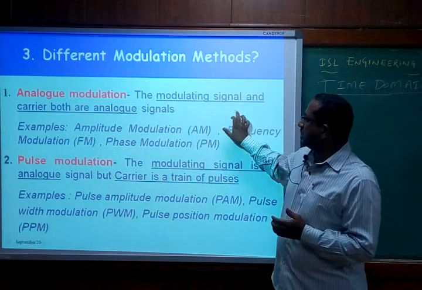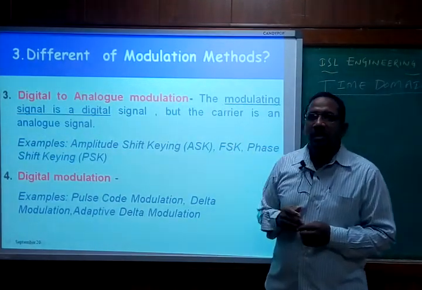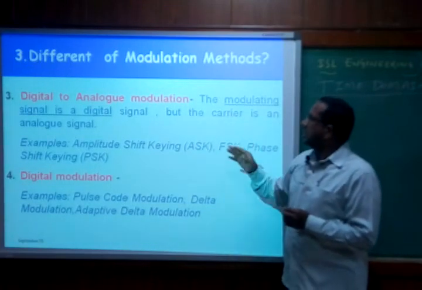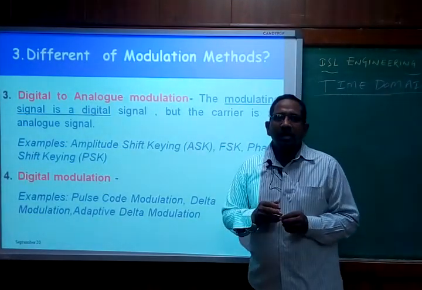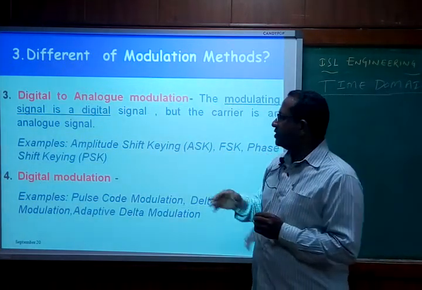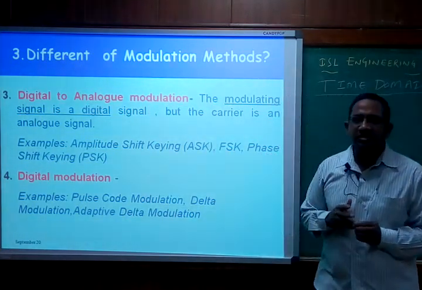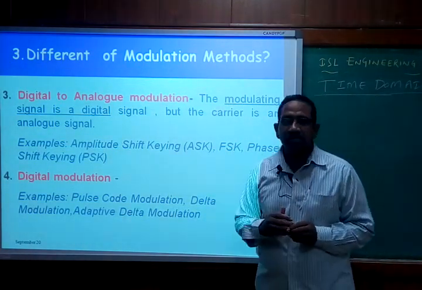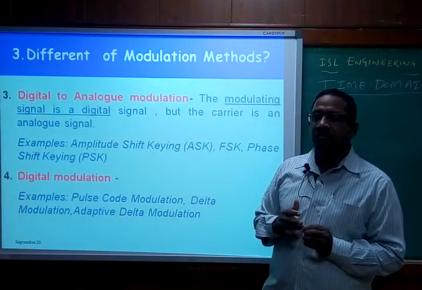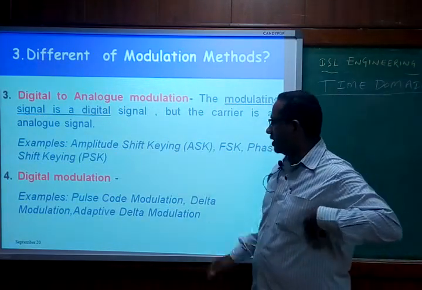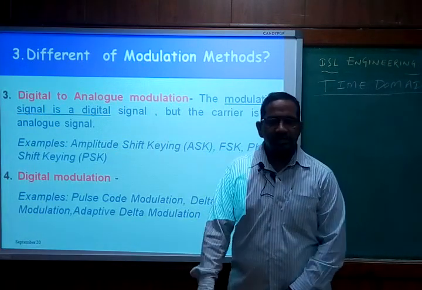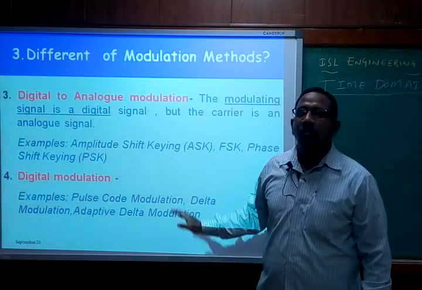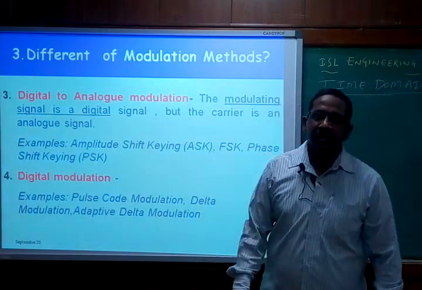The other part that I explained in the slide is for digital communication techniques. As far as digital communication is concerned, the modulating signal is going to be a digital signal or a discrete signal. Based on that, we are going to have various types of modulations like amplitude shift keying modulation, frequency shift keying modulation, phase shift keying modulation, and following that we have pulse code modulation, adaptive pulse code modulation, and delta modulation. These two techniques we are not concerned with in our subject. So presently we go with only analog and pulse modulation techniques.